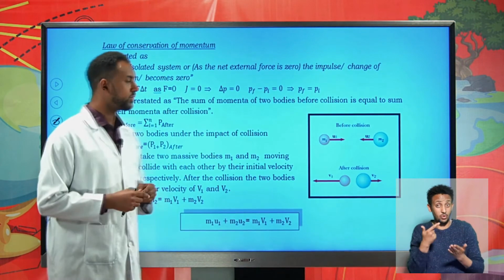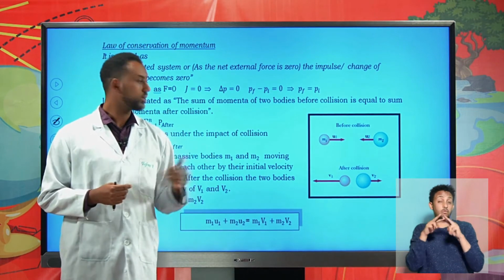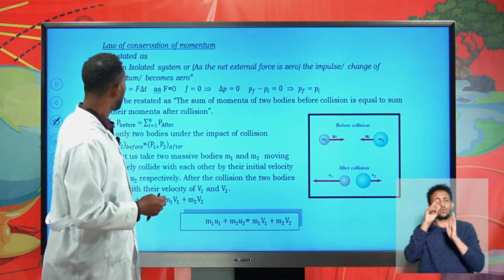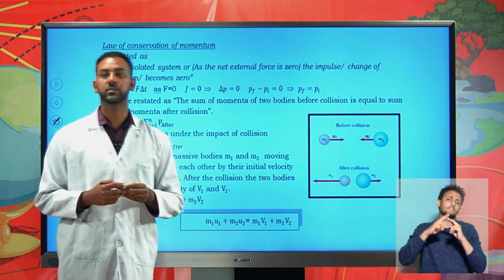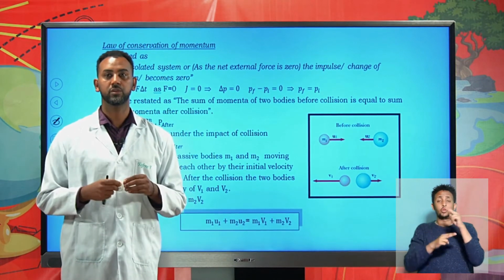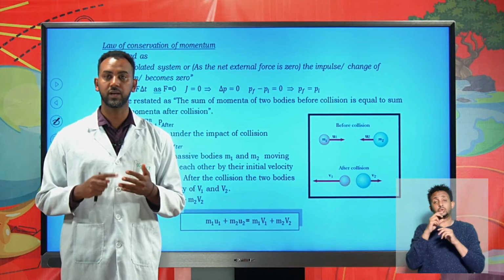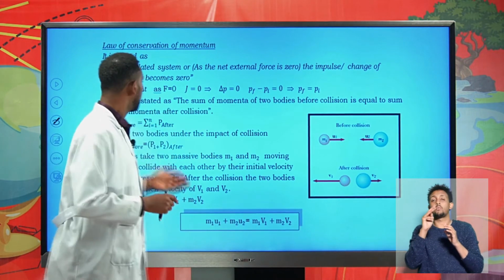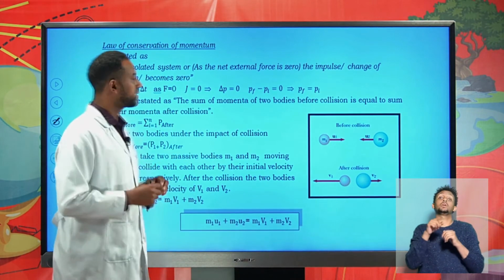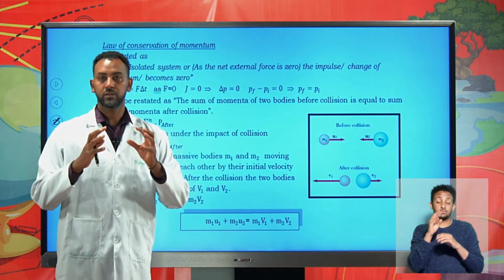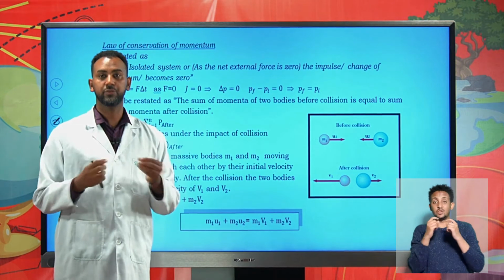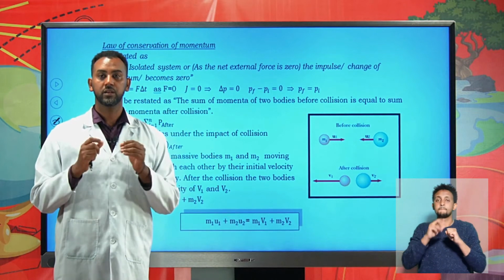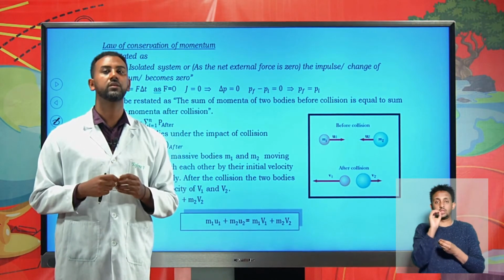So this is one of the impacts. We mainly focus on collision, and we'll try to see the law of conservation of momentum. The law of conservation of momentum is a very important law of the universe. Among the governing rules in the universe, there are the law of conservation of mass and the law of conservation of energy. Here we also have the law of conservation of momentum. The law of conservation of momentum states that for a given isolated system of two objects, if the net force on those bodies is 0, then the momentum is